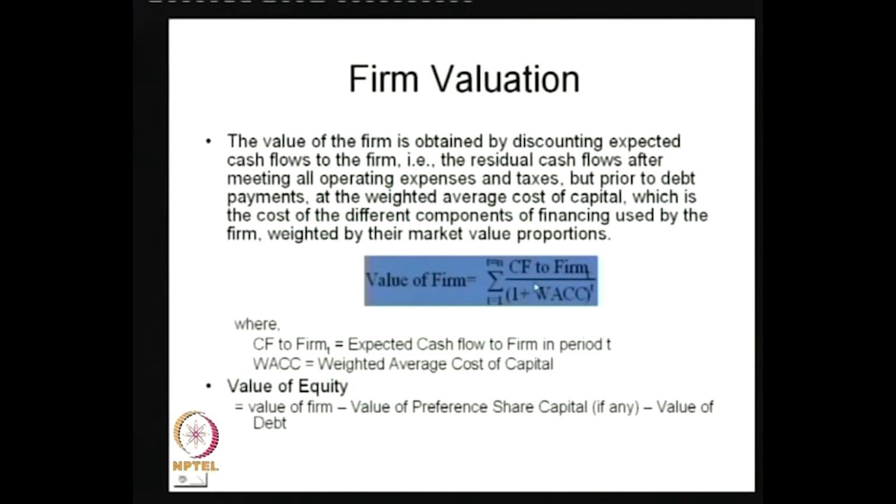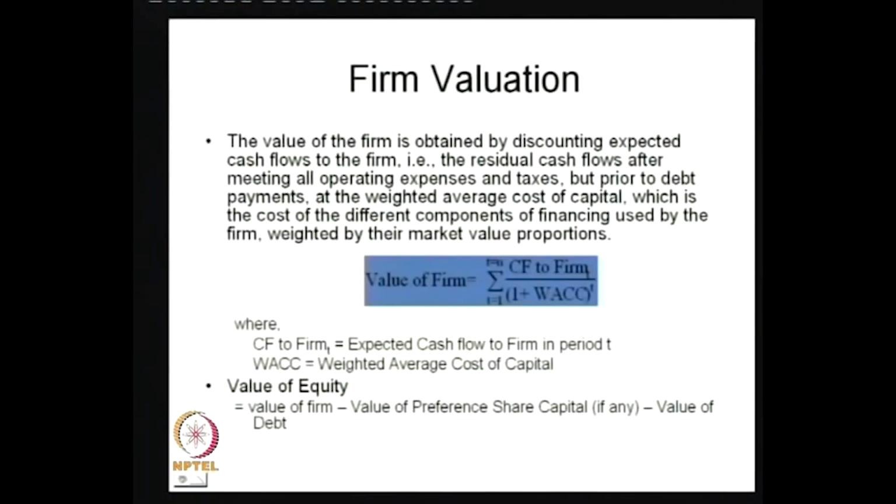So, the denominator in the discounting factor also has to represent the overall expectation of all the investors. If there are two types of investors in a particular company, debt investors and equity investors, the cost of capital takes care of both the rate of return expected by equity holders as well as debt holders, and accordingly the weighted average cost of capital is found out based on the weights of equity and debt.